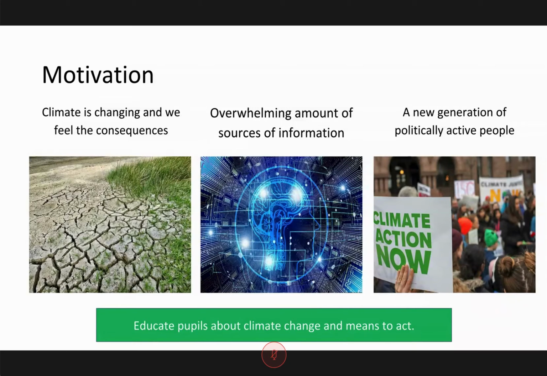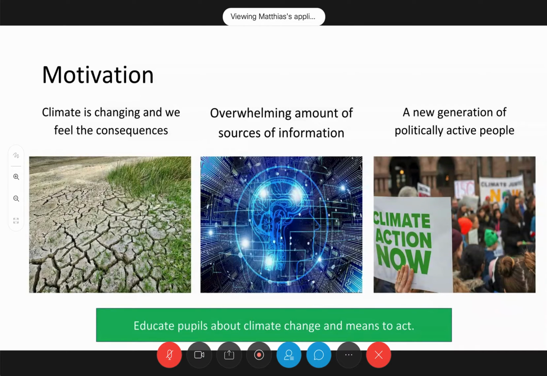The pretty good thing is that there seems to be a new generation of politically more active people than before. More and more people stand for the belief that it's really about time to do something now and not to wait.